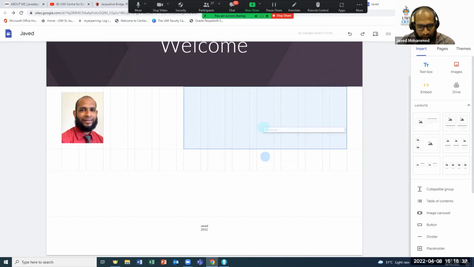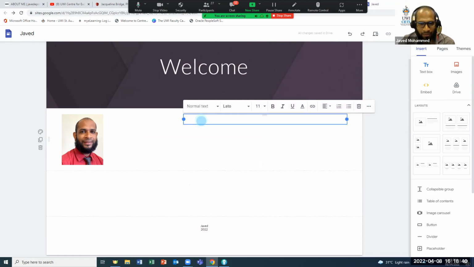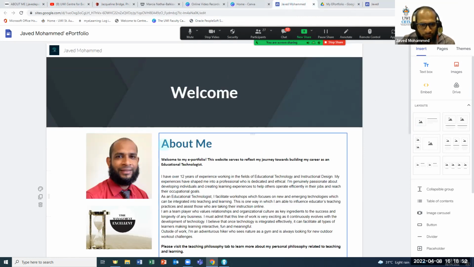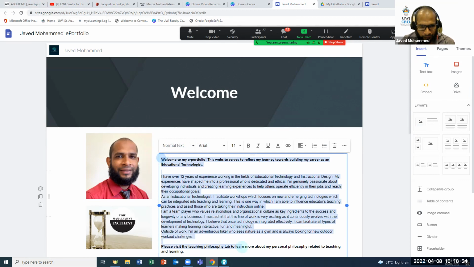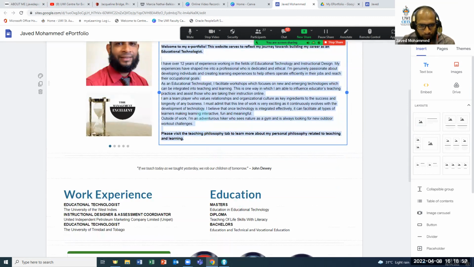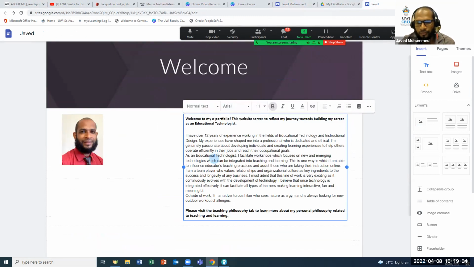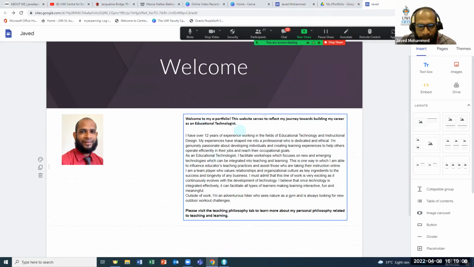And here is my text box. I can add some text. Let me just get some text quickly here. Good. Great. So I have some text and I have an image.